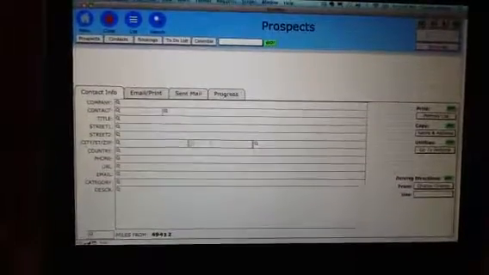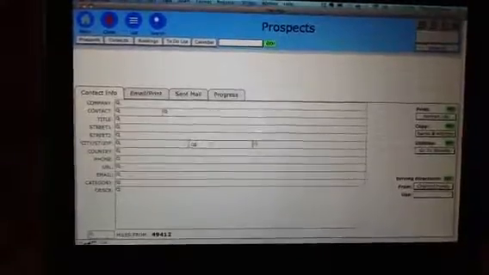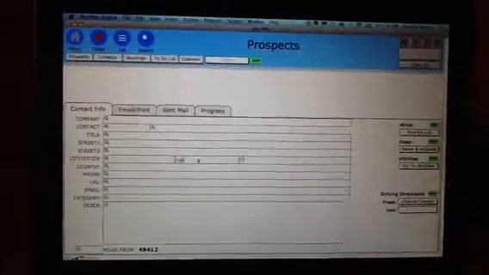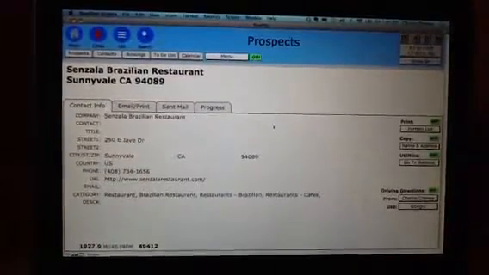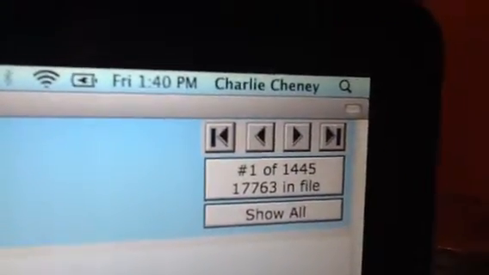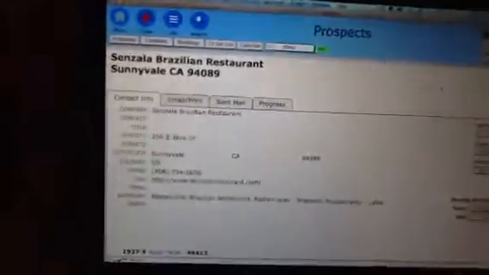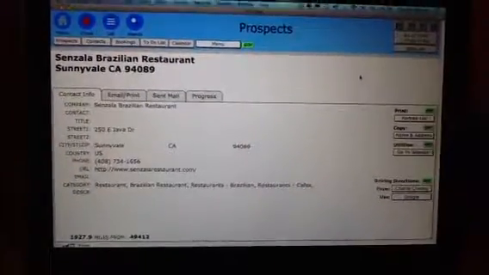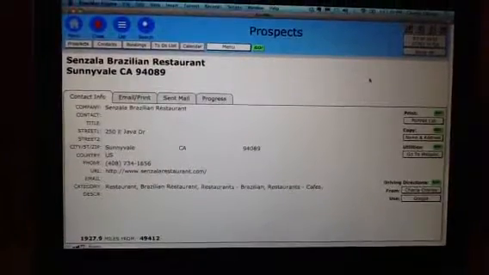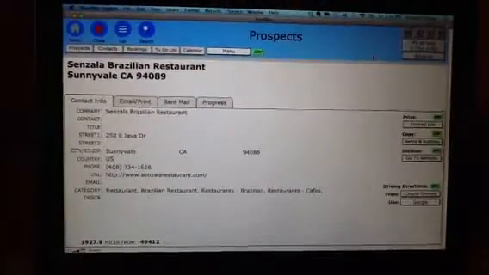For example, if I search for California, all I do is enter CA in that little state field, and I hit the enter key on my keyboard. It does that search almost instantly, and you'll see that it found 1,445 places in California that have live music. All right? So you can start calling into any of those places